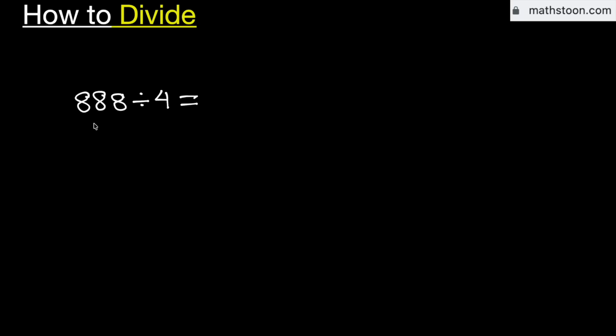In this video, let's learn how to divide the number 888 by 4 using the long division method. Consider the first digit 8. We know that 4 times 2 is equal to 8. Subtract, we get 0. Now this 0 is less than 4. That is why we need to bring down this second adjacent 8